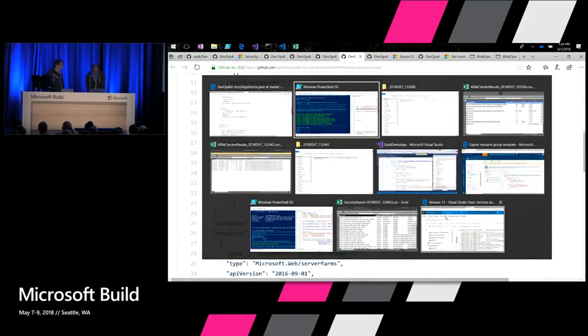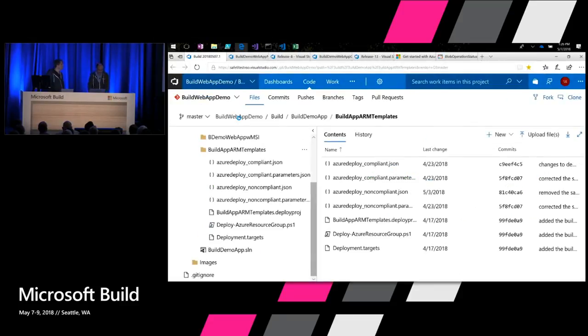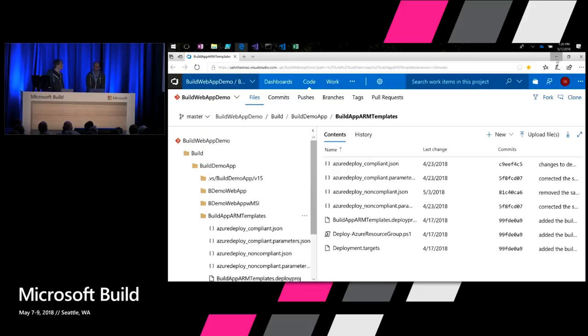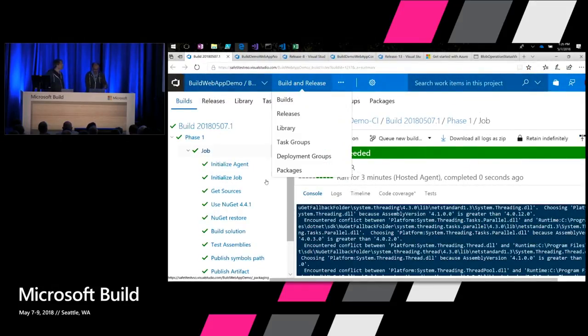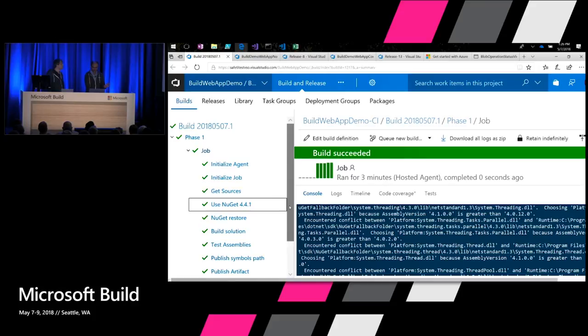Oh, very small. Yeah. So I have my templates and everything checked in my Git repo, right? So now I'm ready to do a build and see how the templates work and deployment and all those things, right? So, a pretty straightforward build, not too fancy. It just compiles all the source code and publishes the artifacts to a build artifacts location, right?